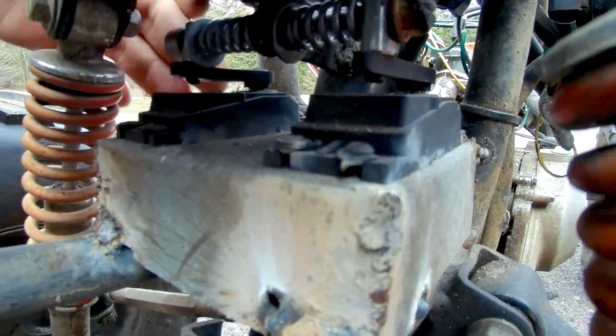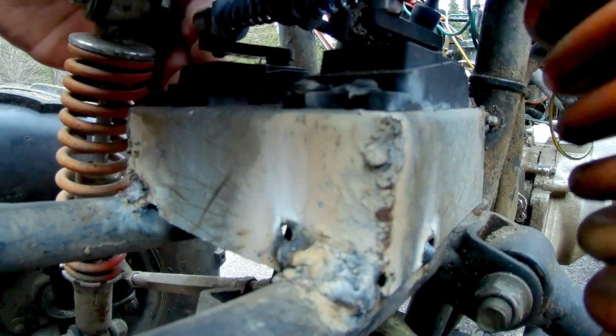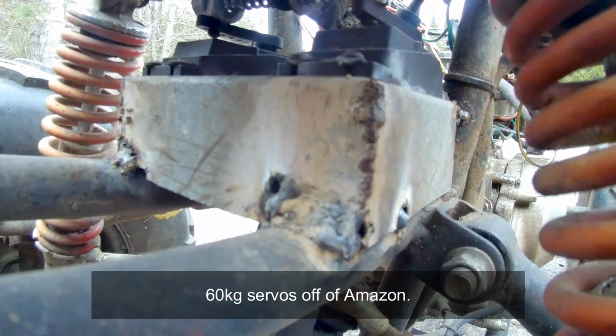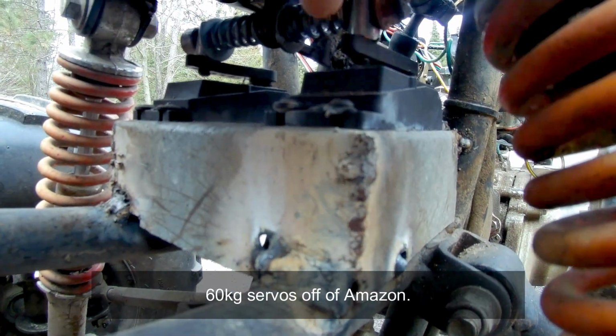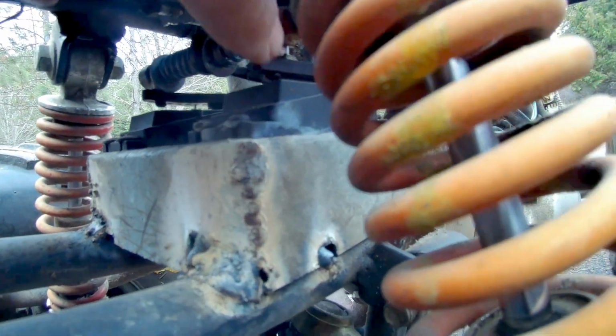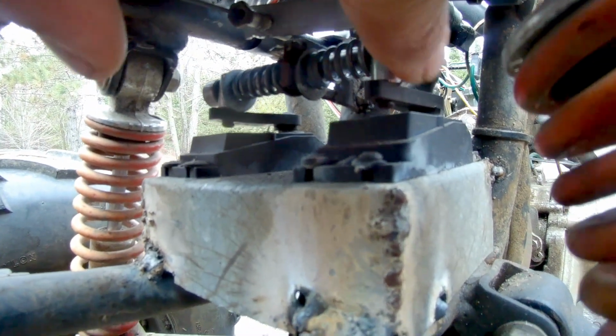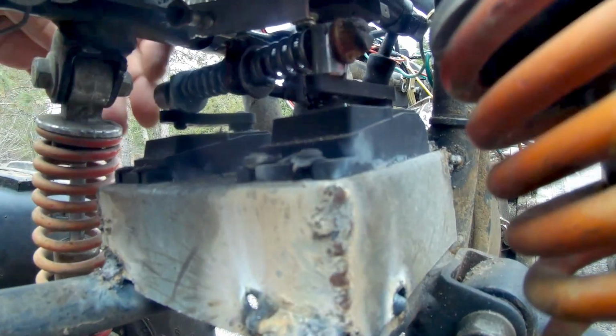And it's a little hard to see under here, but I have two of the same servos up on top. I just welded up this little box here out of, I think it's 0.045 steel, and then I mounted my servos in there, and I have two servos with a rod going through, and then I welded a bar onto the steering shaft,